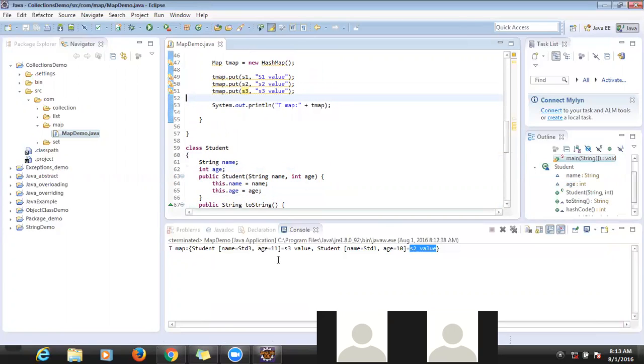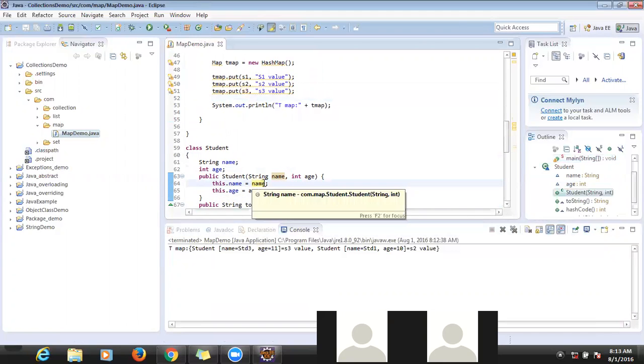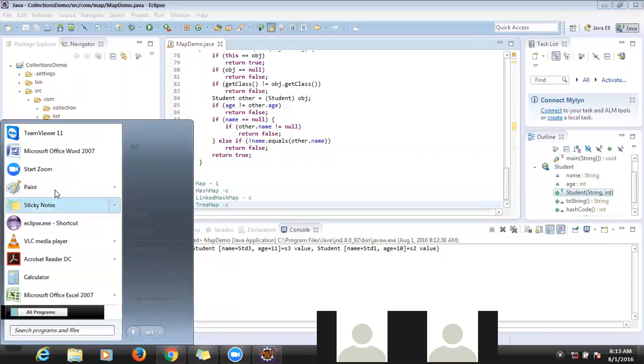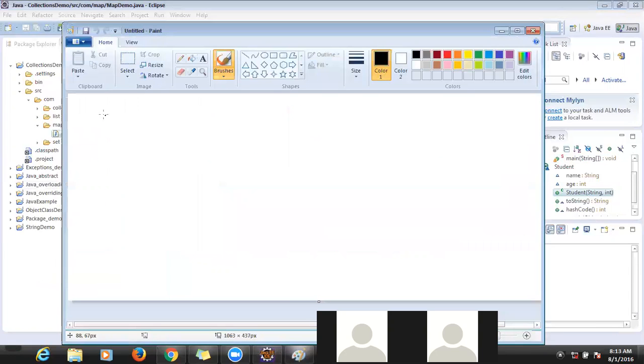Okay, now go back to the hash code and equals method. What is the advantage actually? I will tell you. Let me take out the print. First, this is a map. Inside the map we have a place to keep the elements. Whenever you add student 1, s1, into the hash map, it will save the hash code into one place. Hash code means the memory location of an object.